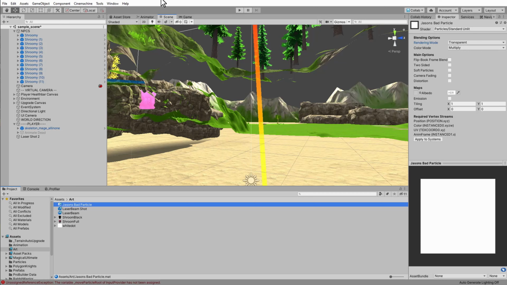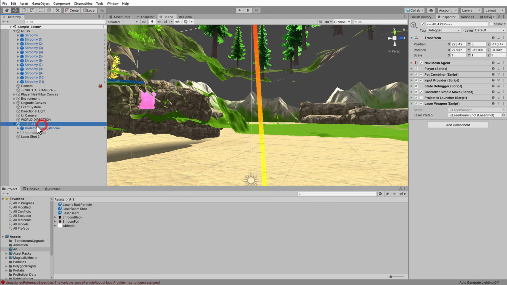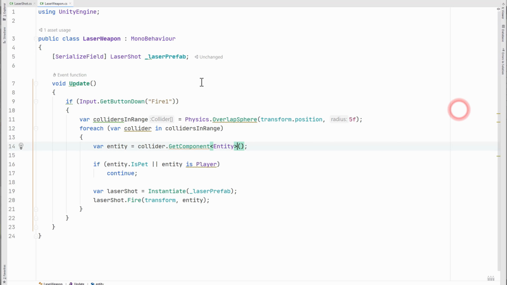So to set this up in code, we've got our laser weapon. I'm going to open this up and take a look at it. Our laser weapon has an update method that checks for button down of fire 1, so it's checking to see if we've left clicked. Then we get all of the colliders in range using the physics